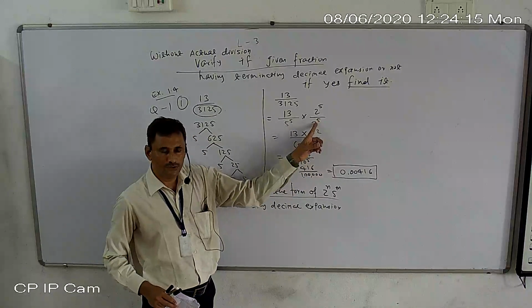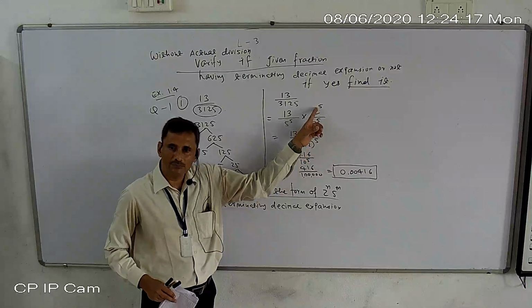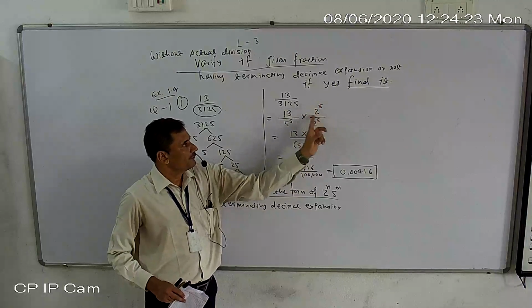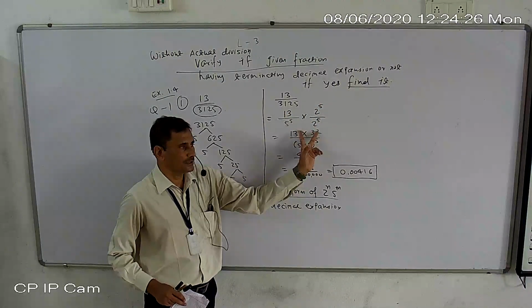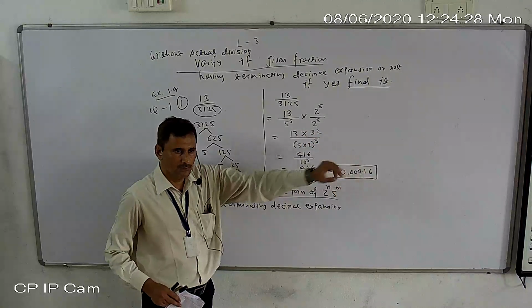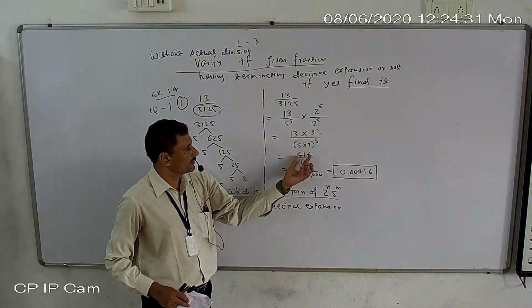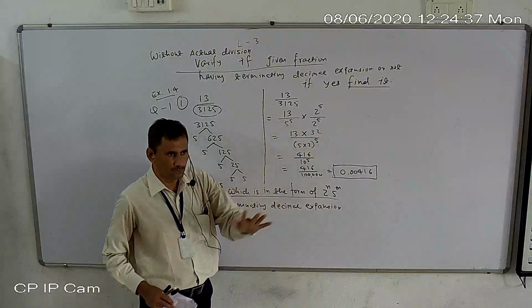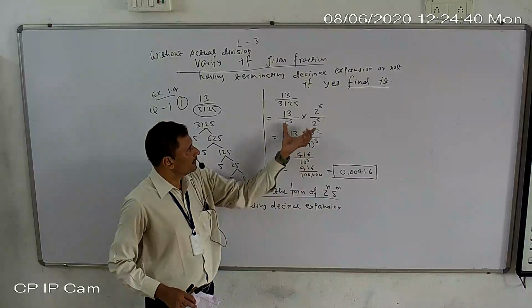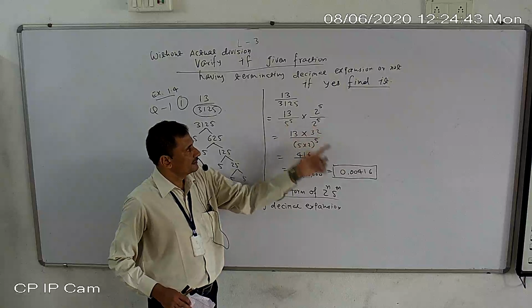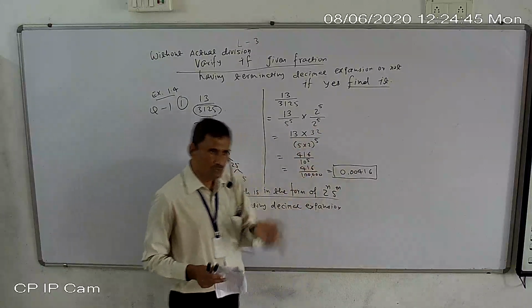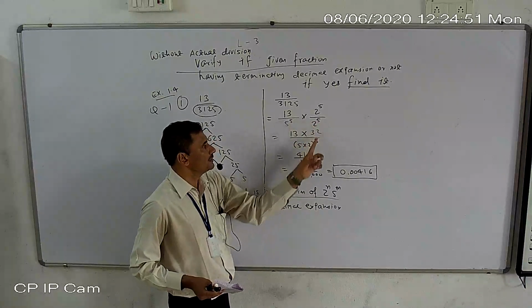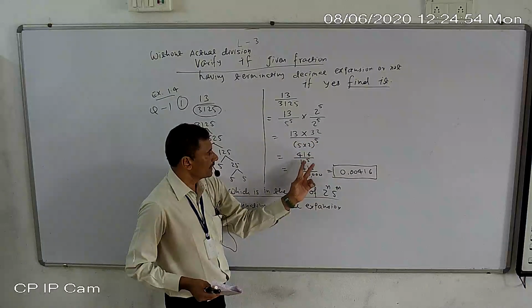But if you multiply the denominator, you have to multiply the numerator also. So we multiply them. Then find its value and multiply the numerator by doing multiplication. No problem in doing multiplication. So we got 416. Now don't write 2 raised to 5 is 32 and 5 raised to 5 is 3125 like this. Don't go this way. Only combine both bases by this rule: a raised to m into b raised to m is equal to ab raised to m, meaning both bases are multiplied if the degrees are equal. So we got 10 raised to 5.